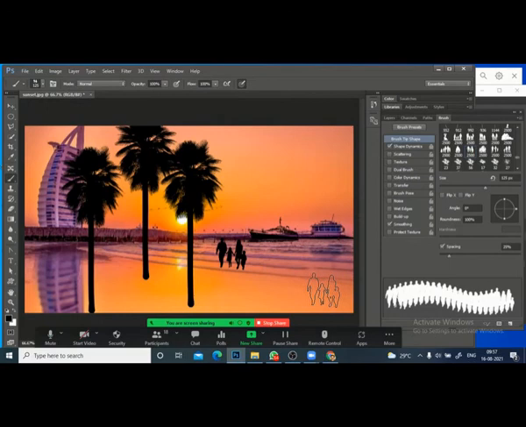Many types of brushes are available. Even you can create